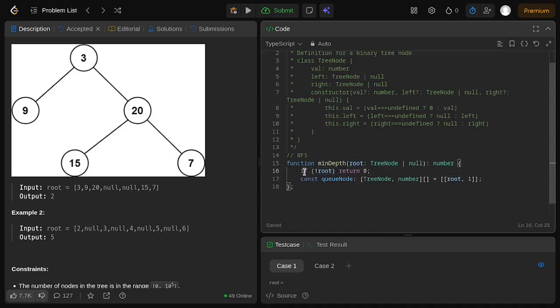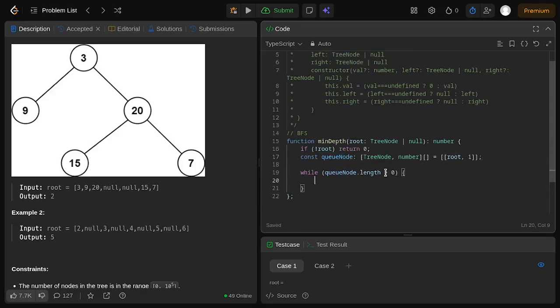If it is existing other than null, then of course we have to assign this as +1 initially, and we already assigned this as the Q node. And for the next one, we need to use a while loop while the Q node dot length is above 0, to check that as long as the Q node is not empty, or the 2D array is not empty. As long as it is not empty, then we need to process all of the Q node based on the Q. So we need to process the first one, and then we assign the last one if there is another